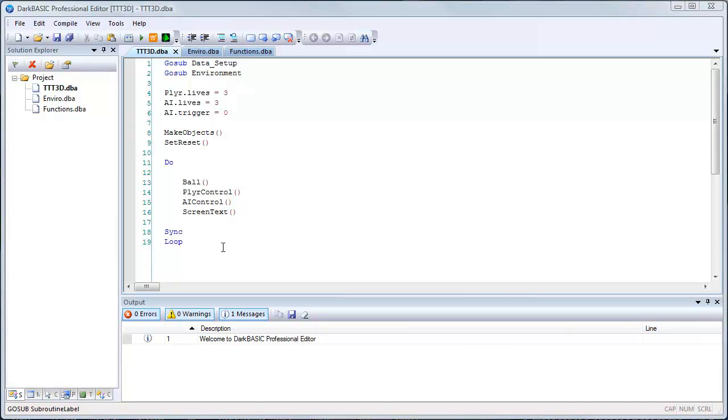Okay, so now that we've set up our environment, the next thing we're going to do is disable all of these functions, because we will be building them one at a time and testing them one at a time as well. So what we're going to do is we're going to start off with the first function, which is make objects. We can